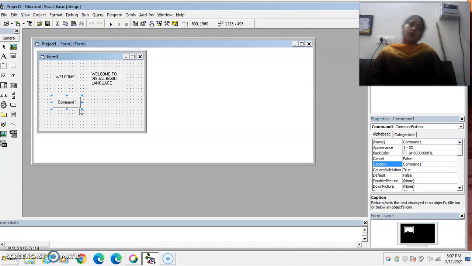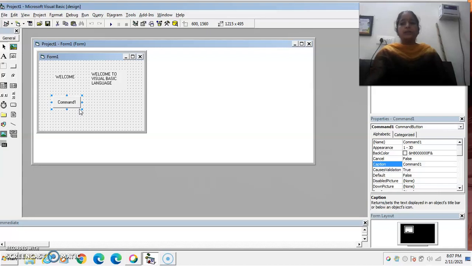You can also put the code in the click event procedure to perform any operation or any action that you want to happen in your program or in your application. You can also begin or end a process by using the command button.